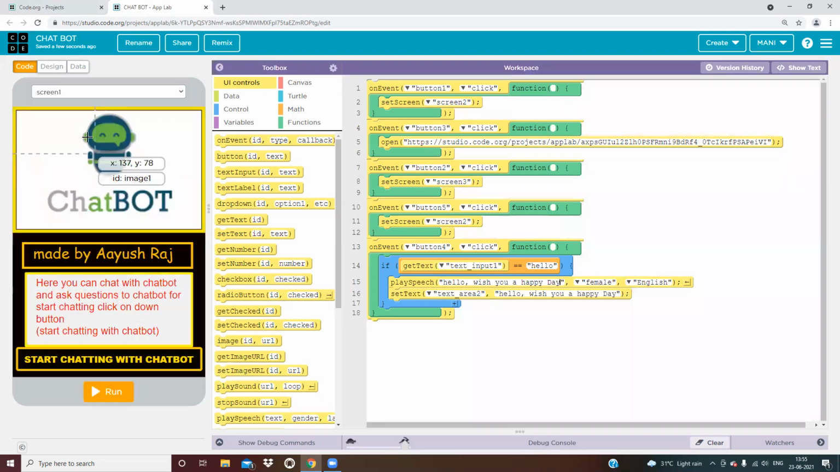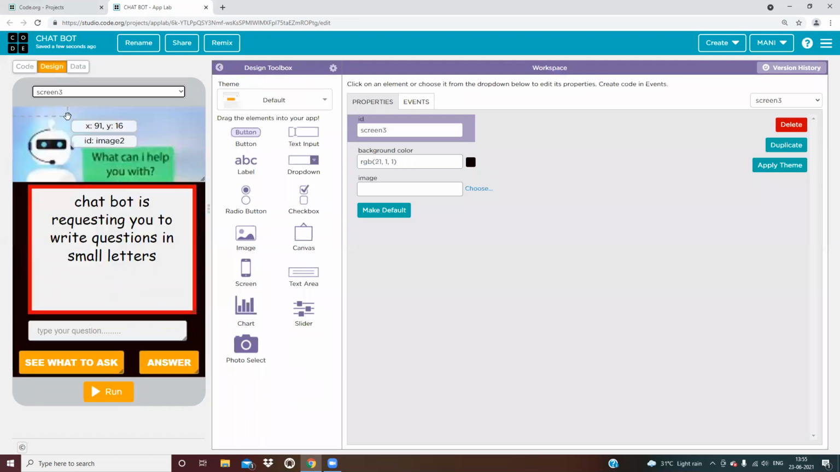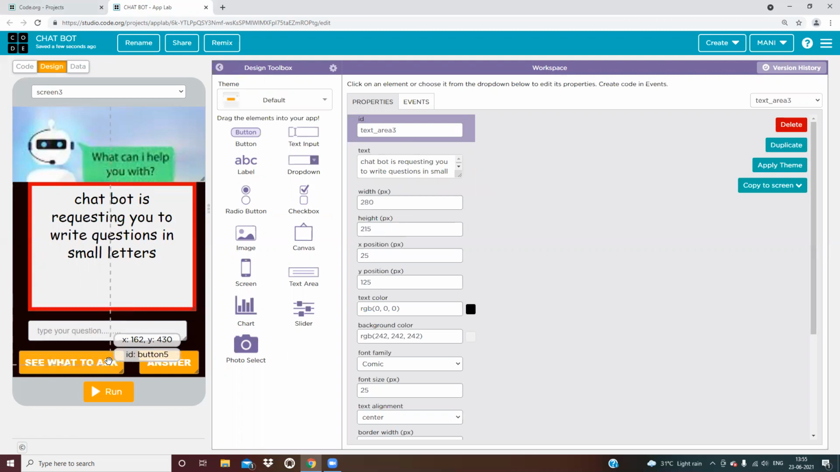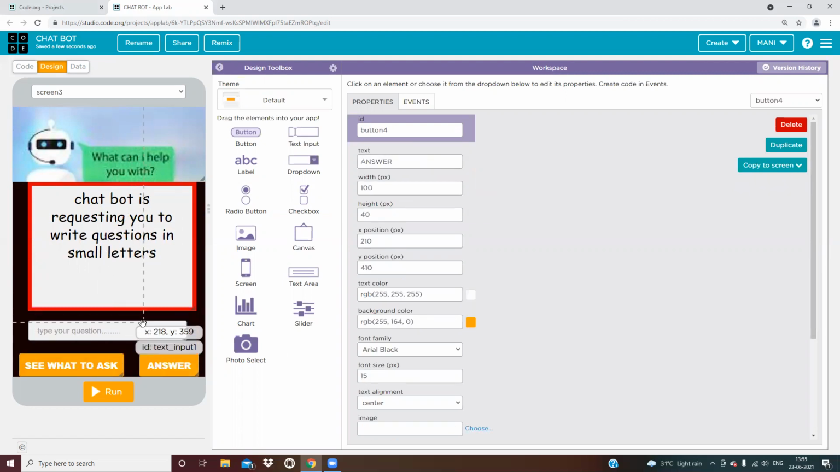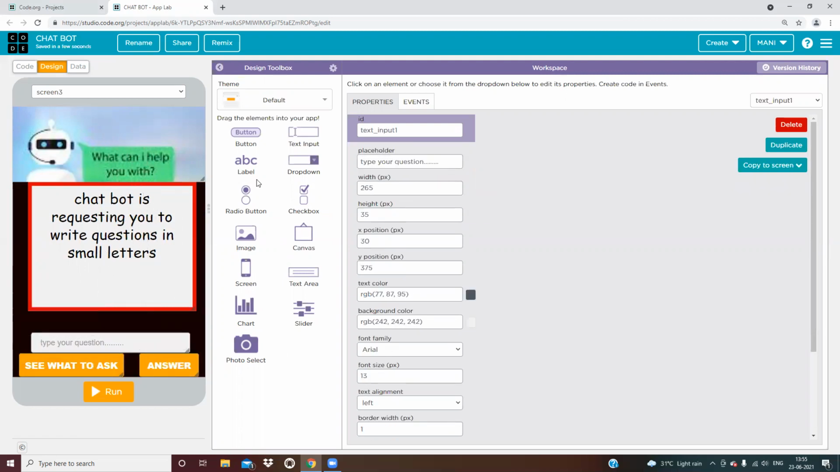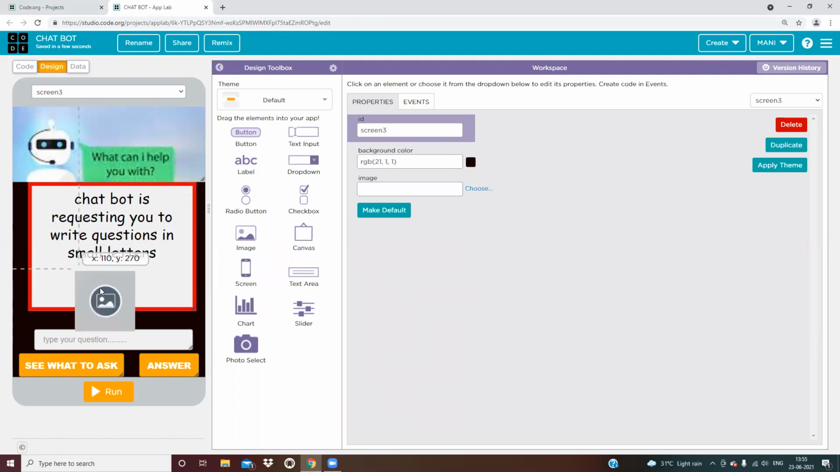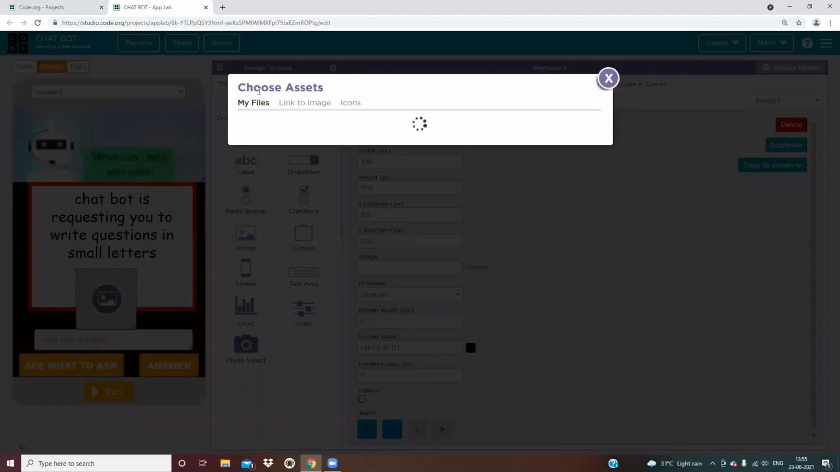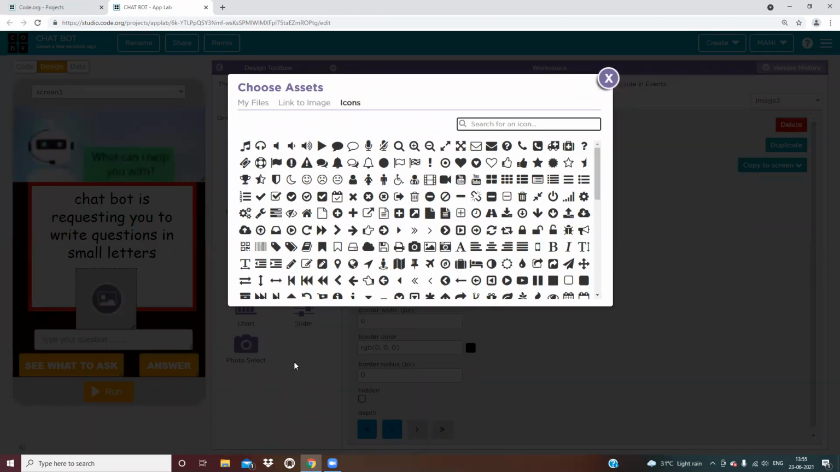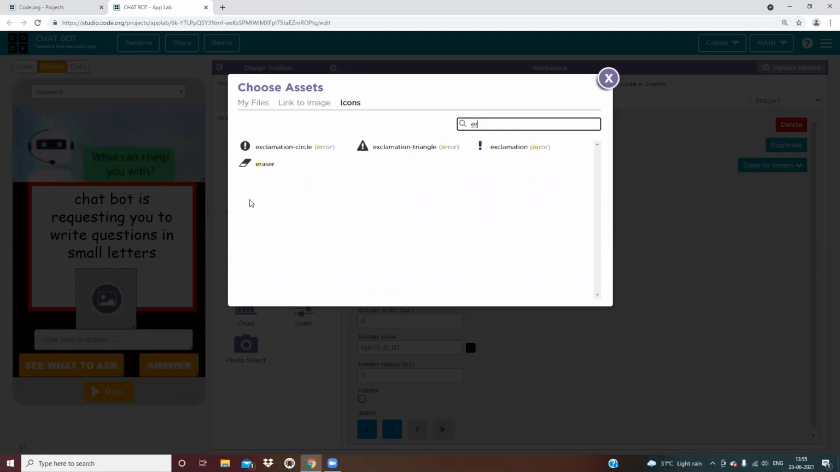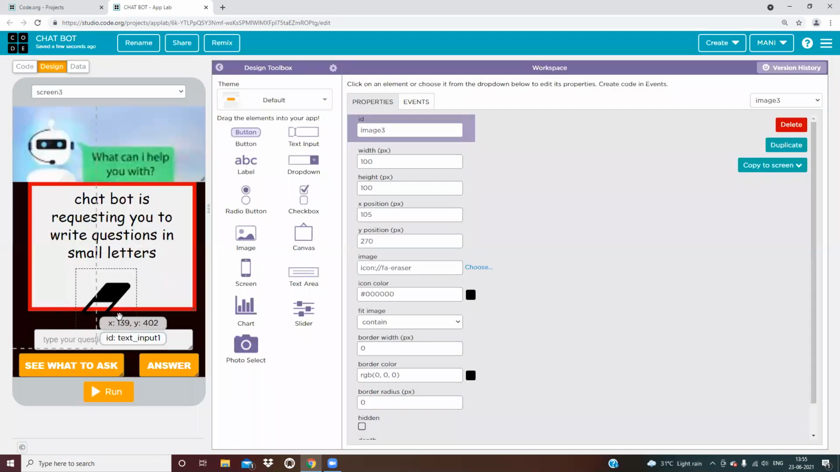So for that also, I'm going to design, going to screen 3, and in the down side over here, I am going to take a button. Okay, not a button, I will take an image. Okay, an image, and I will choose over here icons, erase. Okay, erase or clear. I will click on it, erase,